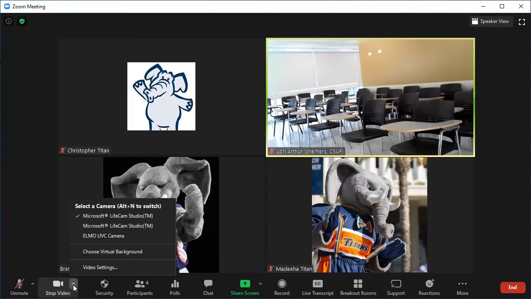In general use classrooms with an instructor Mac, a Logitech webcam is installed, so you will choose that camera to show the instructor webcam. You'll also notice that the Elmo document camera appears as a camera since the document camera is on. View the video on using the document camera with Zoom for more information on using that camera.